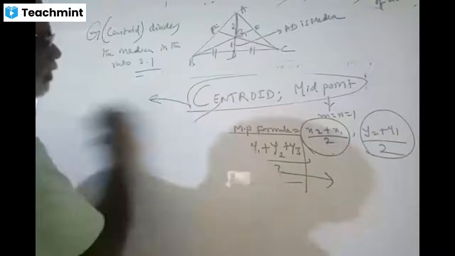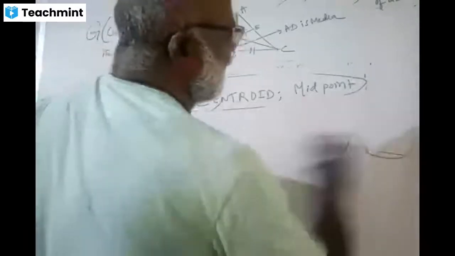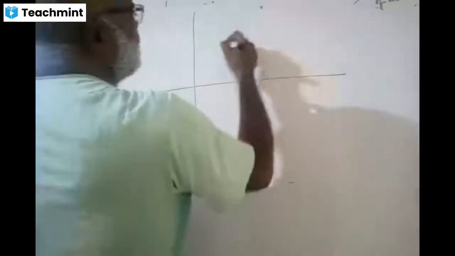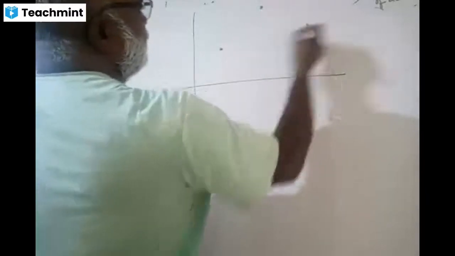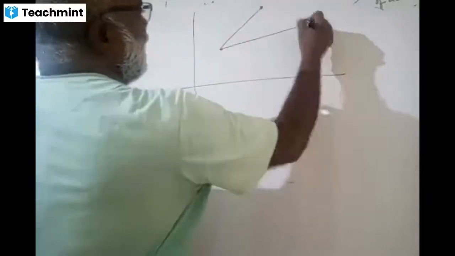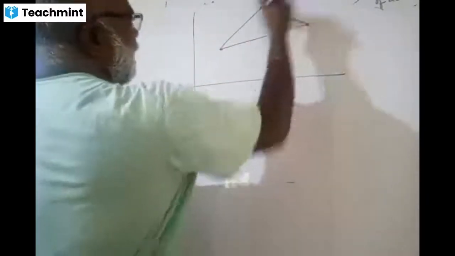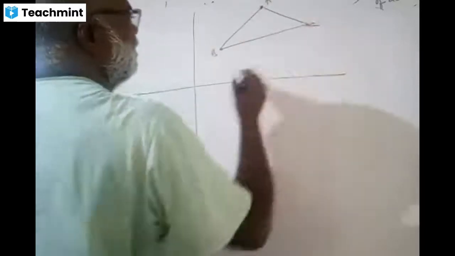Area of a triangle, of course, we have seen. Anyway, let me do that also. Can anybody tell the area of a triangle formula? The derivation will be very, very cute, very beautiful, for the area of a triangle. 3 points are here. So you are getting a triangle, A, B, C.